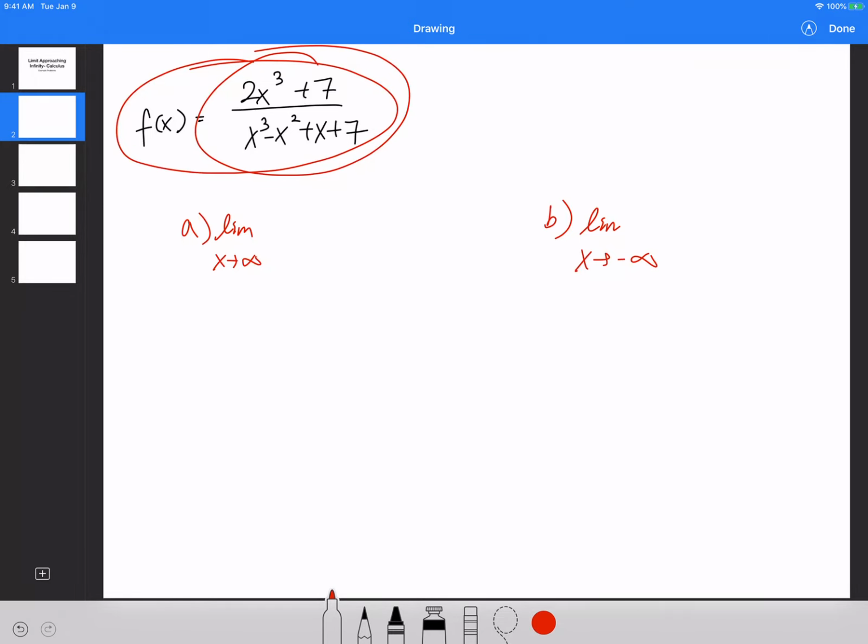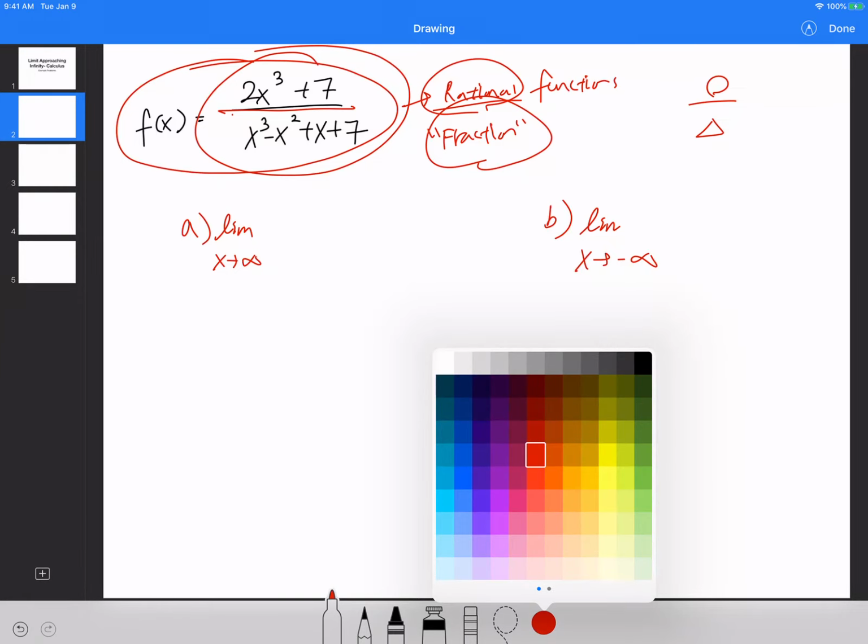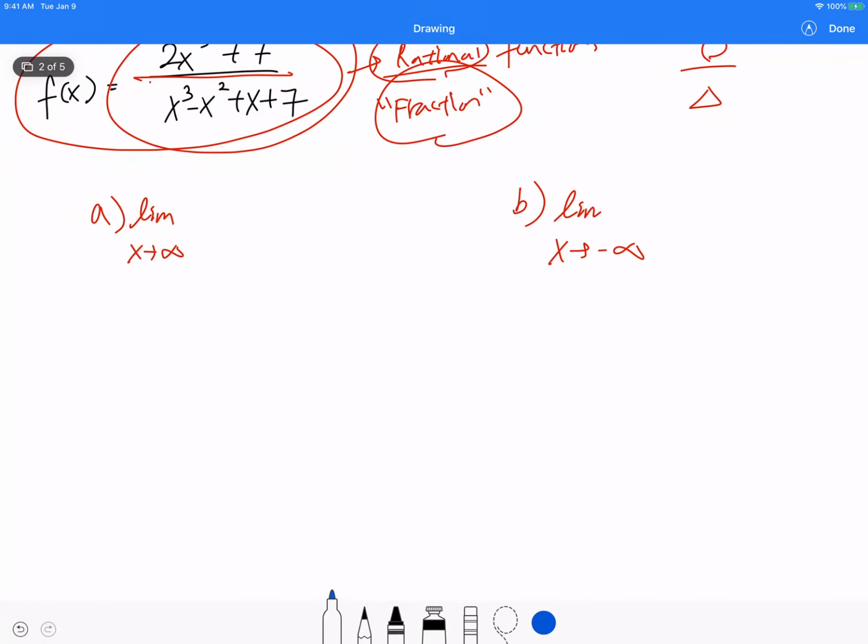Now, whenever you're given these questions, these are called rational functions, because rational functions means the same thing as fraction functions. So whenever you see rational, I want you to think of fractions, and you can see how it's a fraction. You have something over something, like a circle over a triangle, right? Whenever you're given a limit question in a rational function situation,